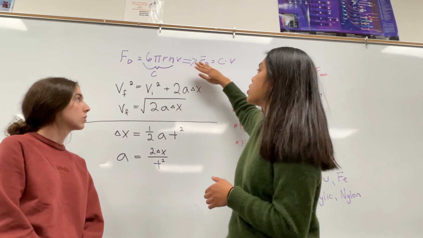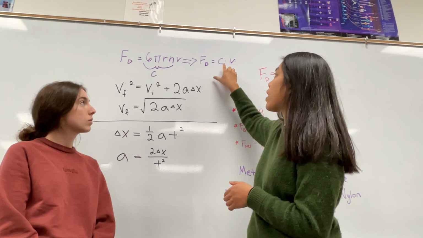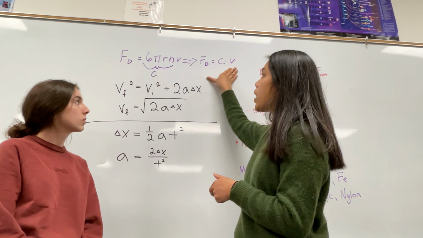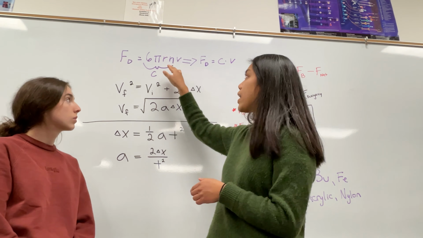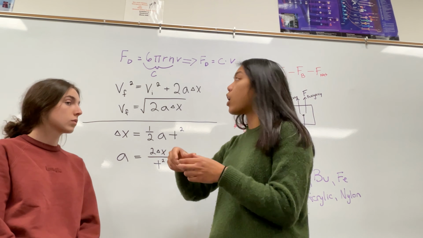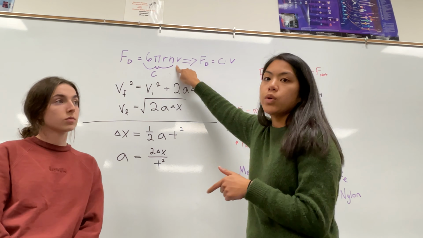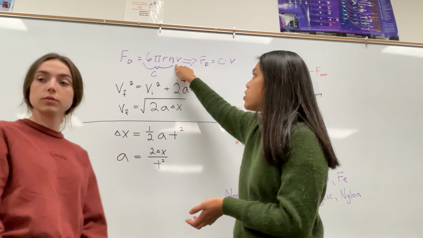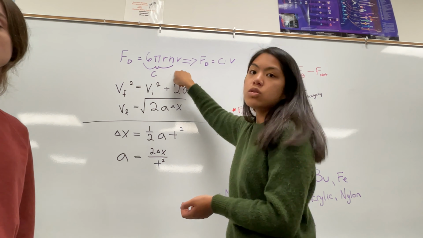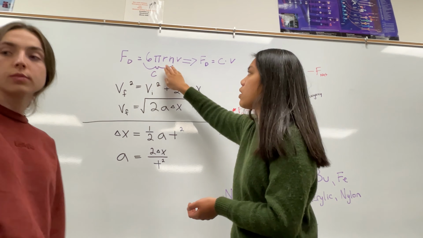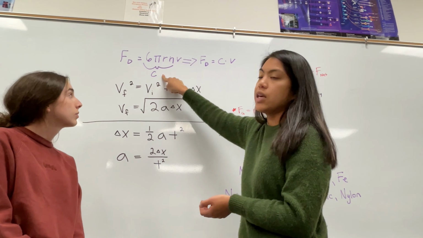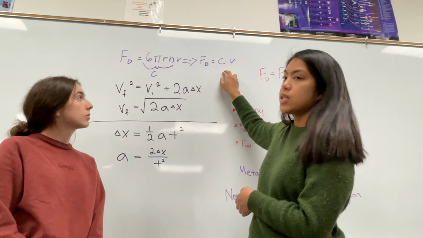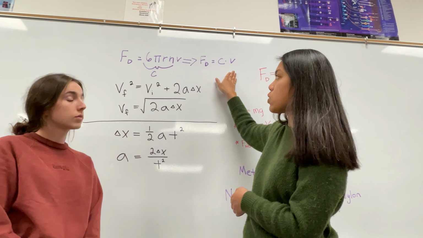So we used that the force of drag equals a constant times the velocity of the falling object. And the reason we were able to do this is because we maintained the radius of our objects and the fluid viscosity, which is given by eta, because we used tap water the whole time. So given that all of these values remain the same, we were able to keep this as a whole constant c, and this was the equation: force of drag equals constant c times velocity in meters per second squared for